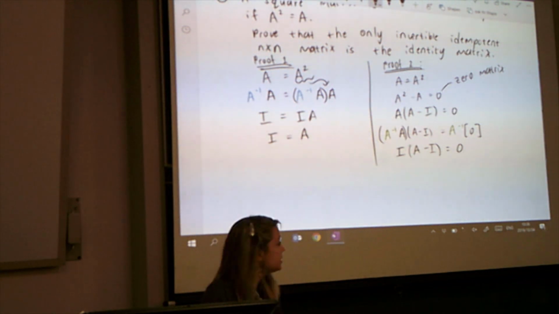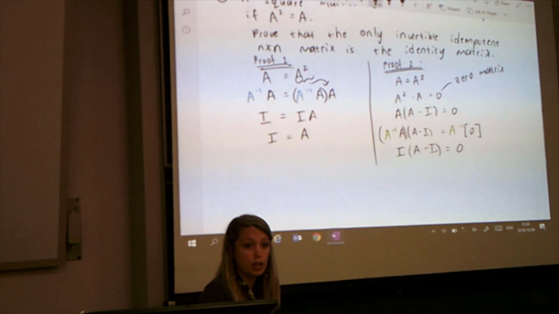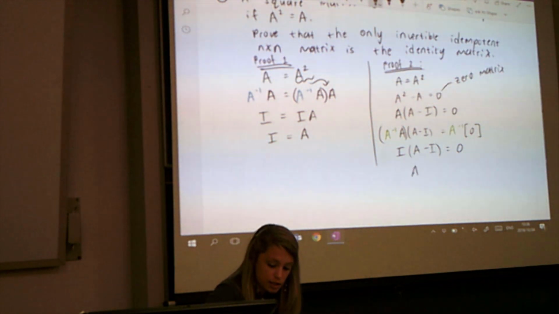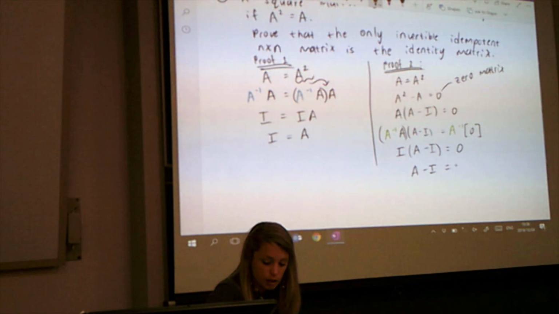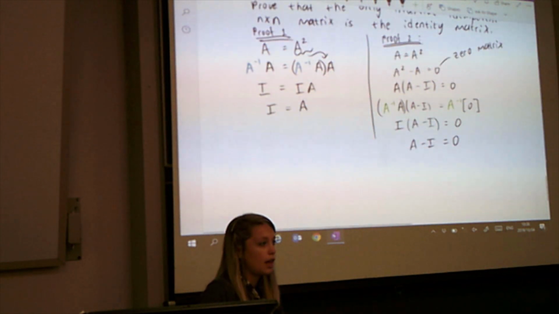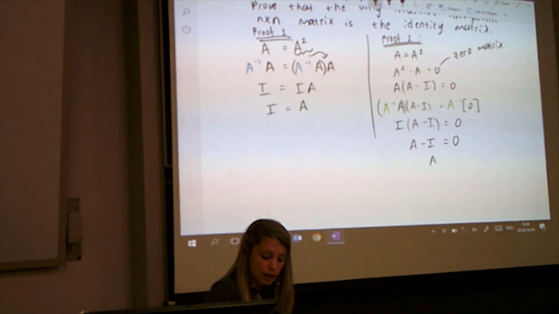And the identity matrix multiplied by any matrix is just that matrix itself. So this is just A minus I equals 0. And that means that A equals